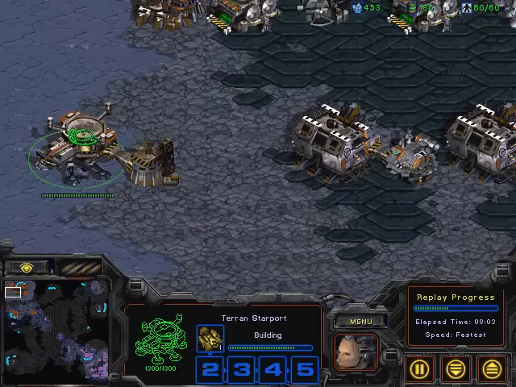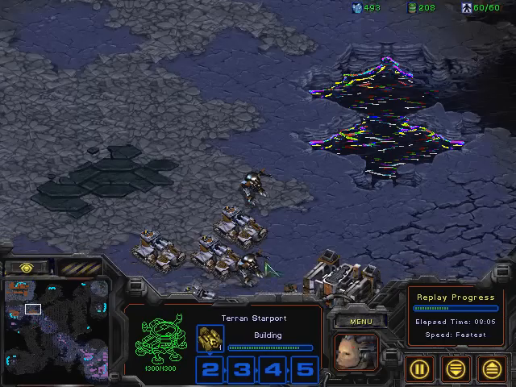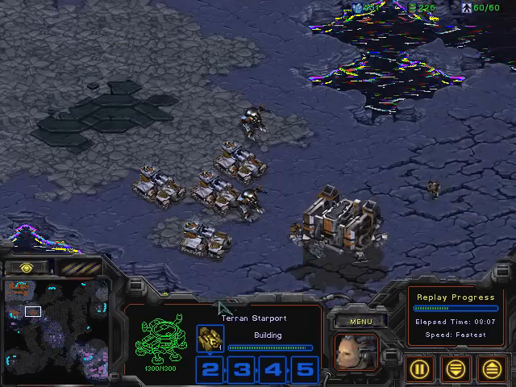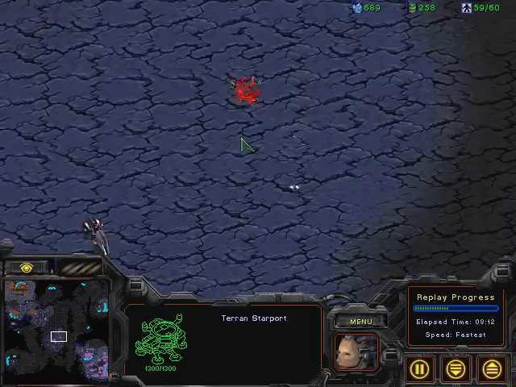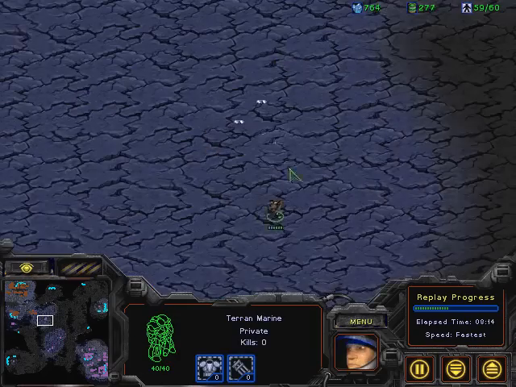I expect dropships probably being produced, as you can see, in the process. So Skew is being a little bit aggressive here. Yosh, in the meantime, has a lot of vultures out in the field. He's kind of pushing out in general. Skew is putting those Marines out, just going to try to sweep